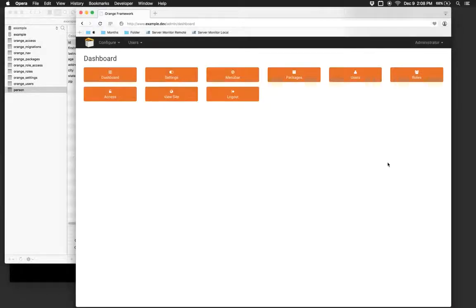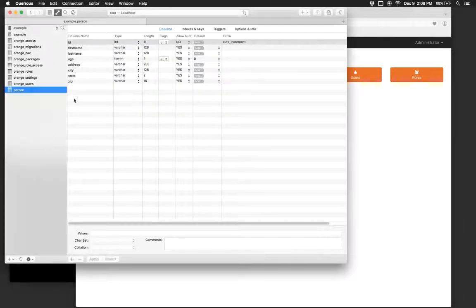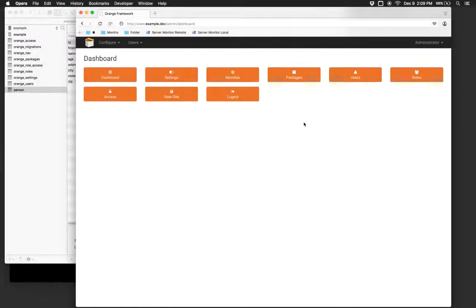Okay, so this time I'm going to show you how easy it is to take a database table. Again, I created a table here called person with a few of the standard things that you might have on a person. Of course, it could be more or less, just an example. Of course, a primary ID for that table record, and then some specific things on a person. So I'll show you using the scaffolding how easy it is to create